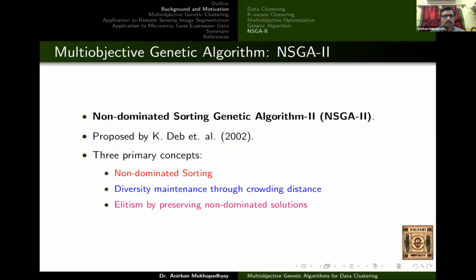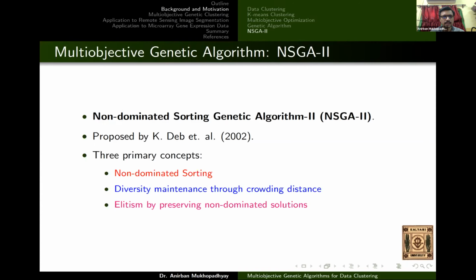discuss one of the very popular multi-objective algorithms, called Non-dominated Sorting Genetic Algorithm 2, NSGA-II. It was proposed by Professor Kalyanmoy Deb. He was at IIT Kanpur at that time, but he has now moved to the US. There are three primary concepts: non-dominated sorting, diversity maintenance through crowding distance, and elitism by preserving the non-dominated solutions. I don't have enough time to cover all of them in detail, so I will